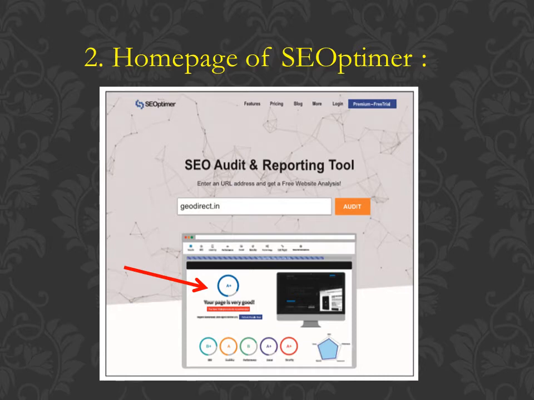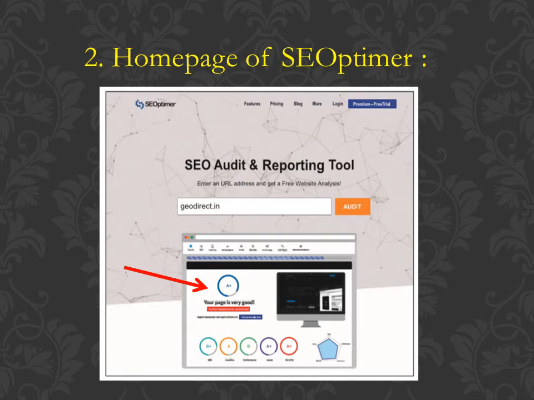In this, just enter your website link, then click on the audit button, then it shows you the overall result. The arrow shows the result of your website. Whatever it analyzes using your web links, it shows the result.